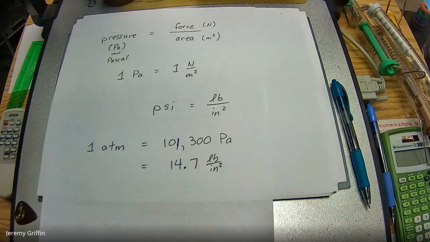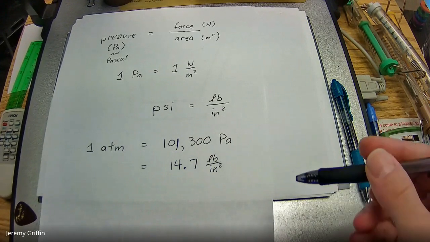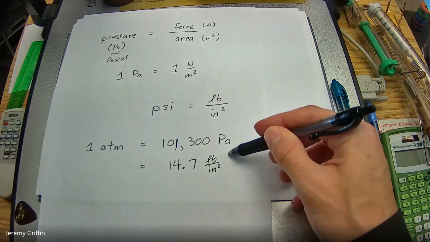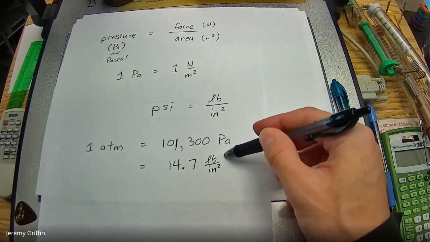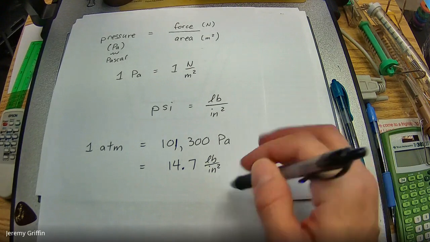14.7. It's close. Now, context for that, guys. How much does a bowling ball weigh? A lot. Probably about 10 or 15 pounds, right? If you took a bowling ball and put it on every single square inch of your skin, whoa,